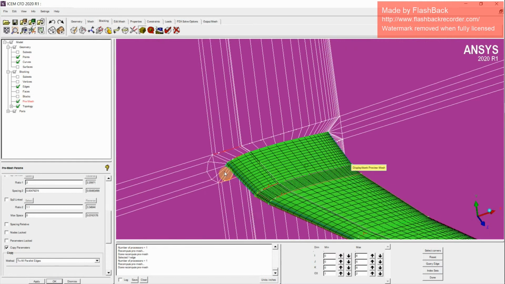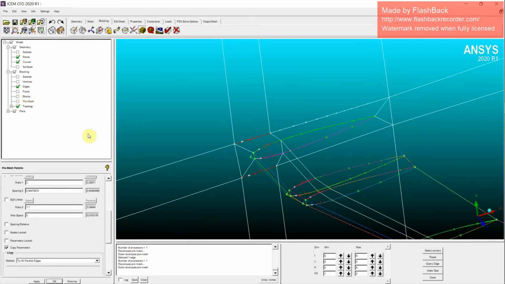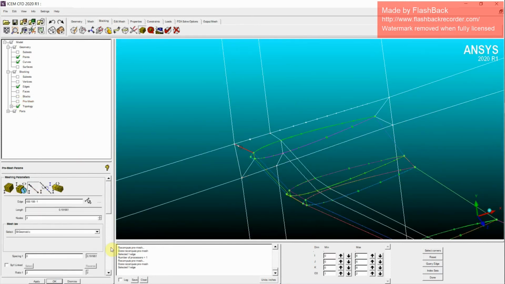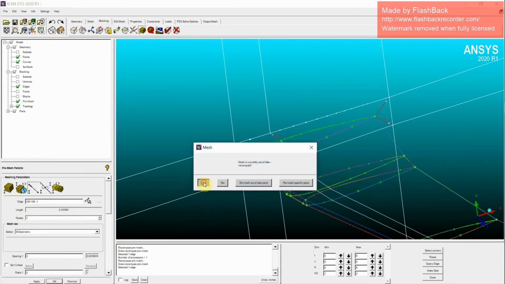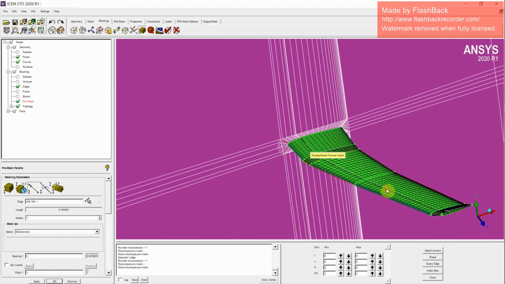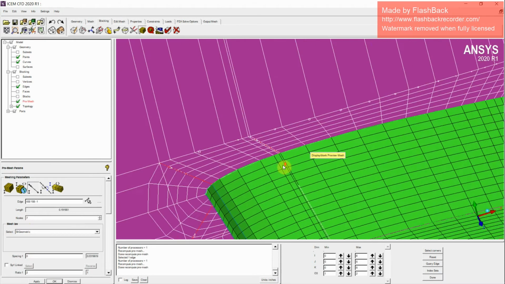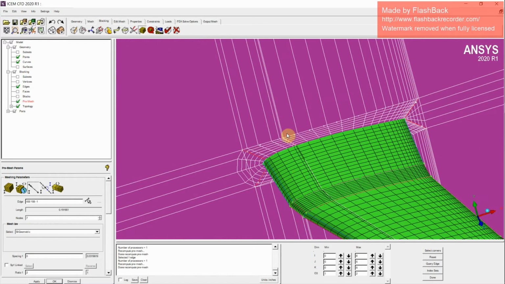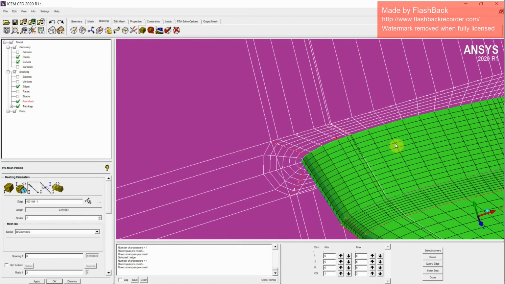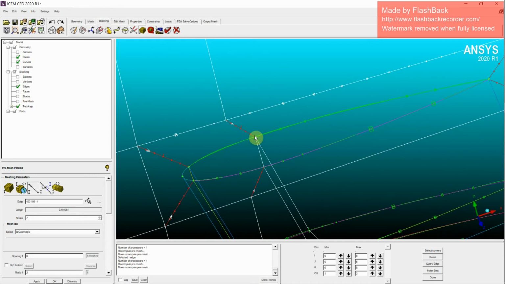So our next step is to set the number of elements at the O-grid edges. Let me set the number of elements as 7. That will be fine. So now a pretty good O-grid is created. If you need to improve the quality of the mesh while going towards the frontal part, you can align this vertex with respect to this one so that it is a straight line.